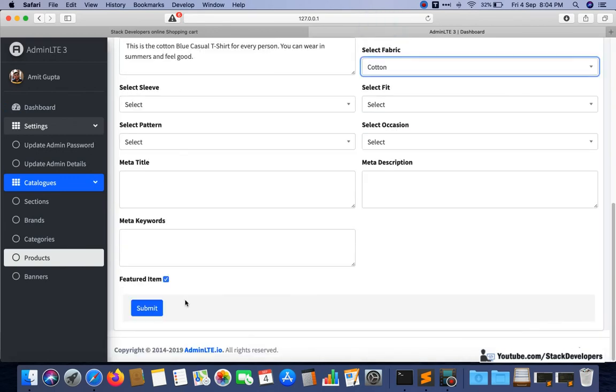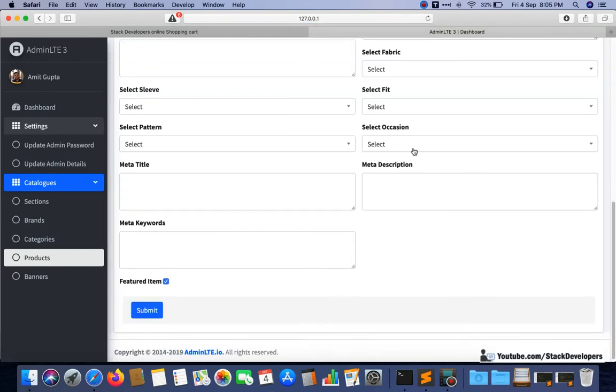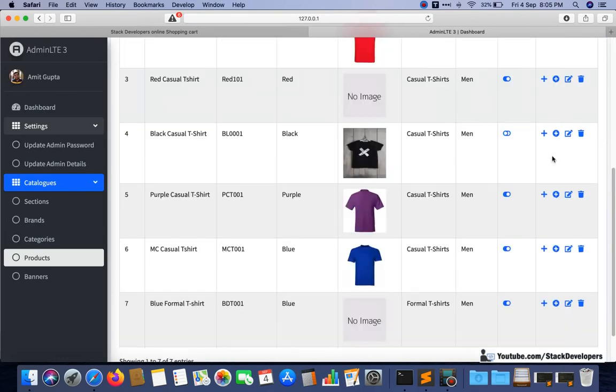Like for a few I'm going to add cotton. For a few I will add polyester.